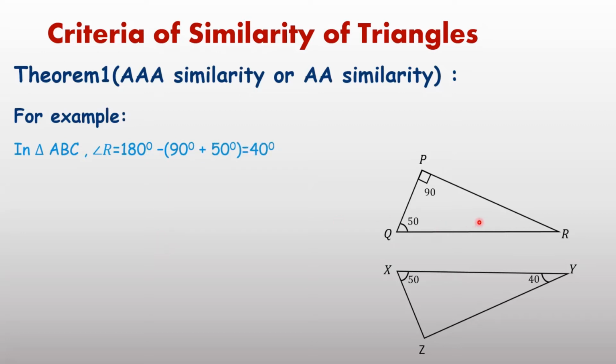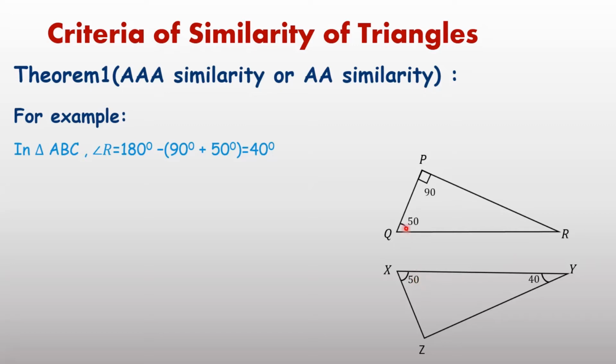Just here you observe in the figure: 90 degree, 50 degree, 50 degree, 40 degree. Generally, if students observe here, directly you can say these two triangles are not similar, because here 50, 40 are given, here 90 and 50 are given. Wherever two angles are given, step first, you find out the third angle. The 90 and 50 are given, so the third angle is 180 minus the sum of P and Q. 180 minus (90 plus 50), which means 140. Subtract, you will get 40 degree. Angle R is 40 degree.